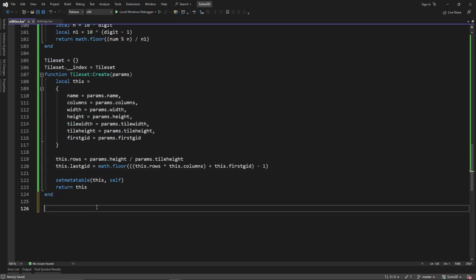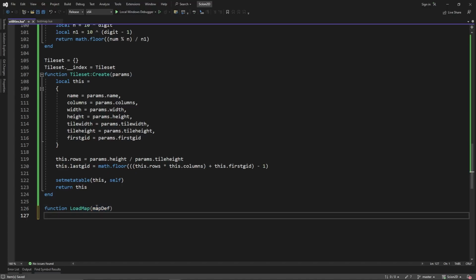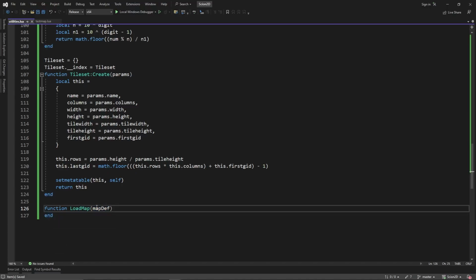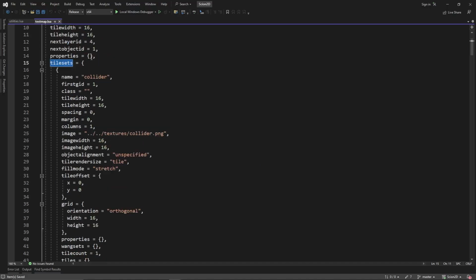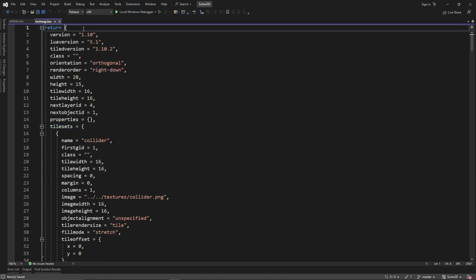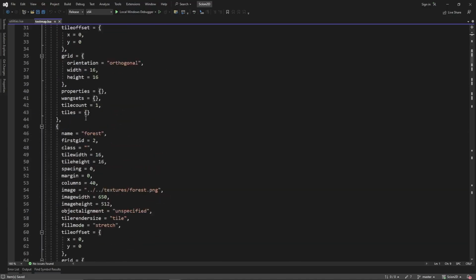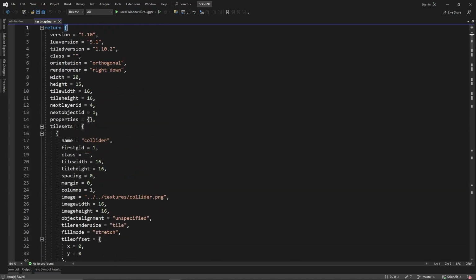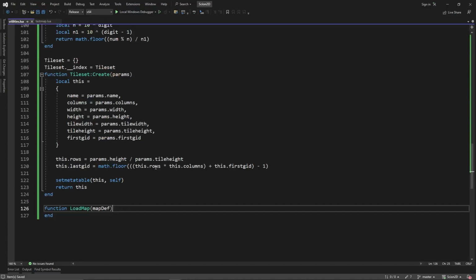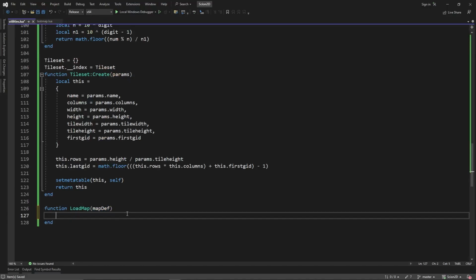So now we want to create a function for loading the tile map. So we'll just say function load map. That'll take in a map definition or a table. And that's all this really is. So see here where it's return and it's this here and it's got our table. So we're just returning a table here. So what we want to do is go through this table and deal with those values. And the map def is the table that is being returned. Okay, so let's assert map def